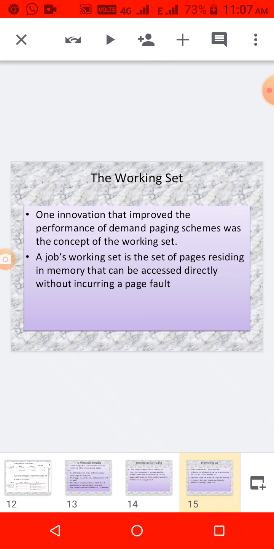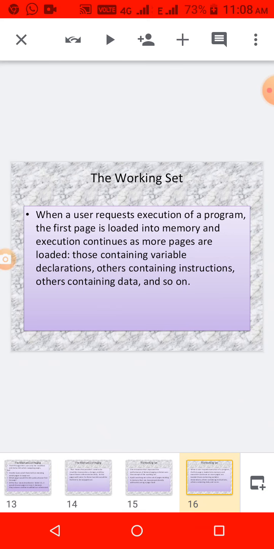Working set means it contains some of the pages. For the first phase, it has some pages like variable declarations, the first module, some of those statements. Those pages are combined as a working set, loaded into memory and executed. So that will reduce the page faults.